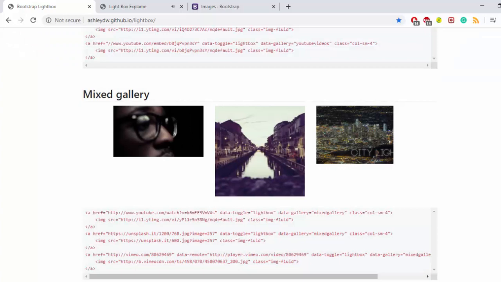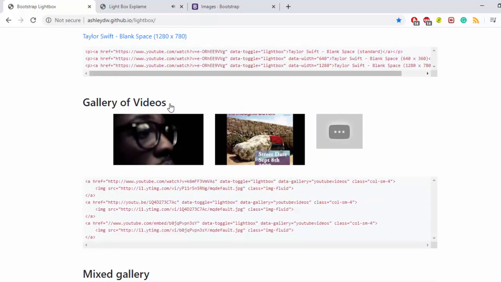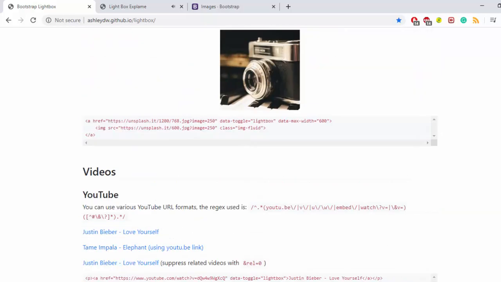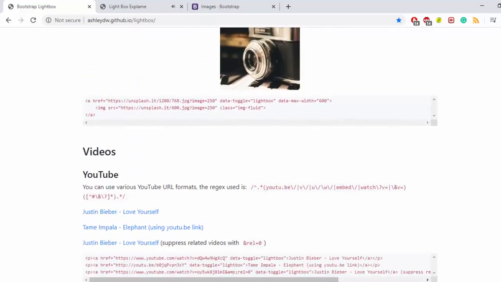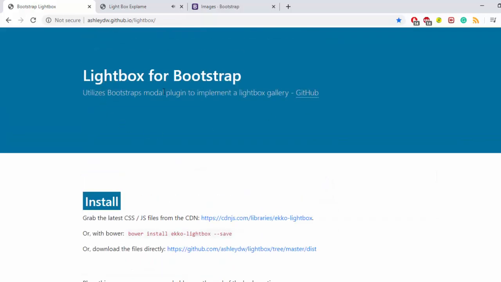So not to waste time on this kind of thing. Basically we got to know the gallery. Video gallery is not working right now. We can have this video thumbnail, and when we click on the thumbnail we will get a pop-up where we can have a video. So that's enough for us. This is totally about the Lightbox for Bootstrap, which is totally free of cost, meaning it's open source.